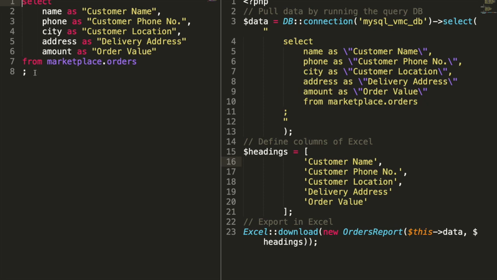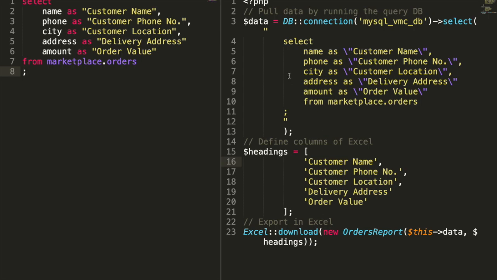Let's say that you have a simple MySQL query like this, which pulls data from a table with the column names defined as aliases for better readability. Now the task is to use this SQL query and create a code which is creating an Excel file by pulling the data from database and sending that Excel file across.